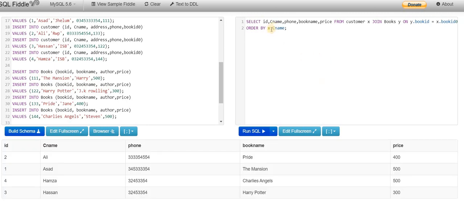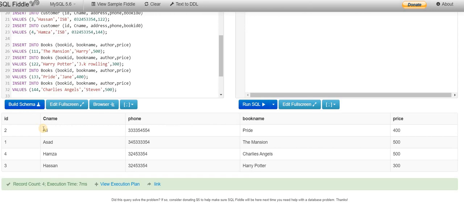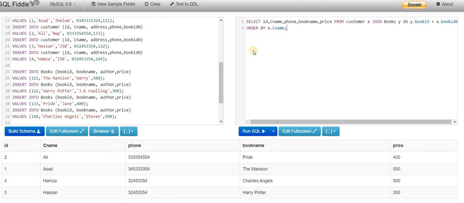Okay, so I changed customer to X because हमने X को alias बनाया उसका. This is X is the alias of customer. It's a copy. So हमने X में x.cname से order किया. What this means is it's going to order it alphabetically. Ali, Asad, Hamza, Hassan. This is how it's going to order it.